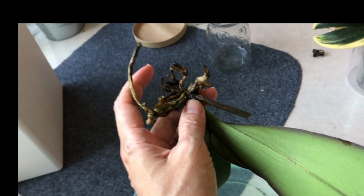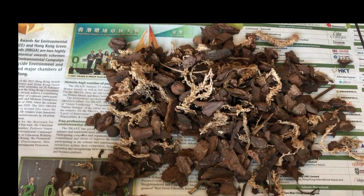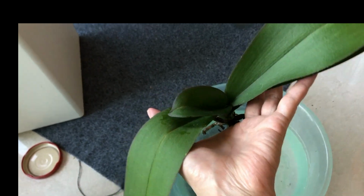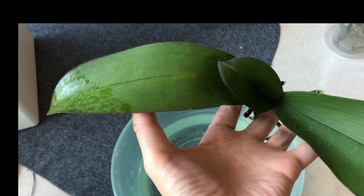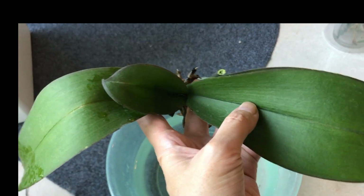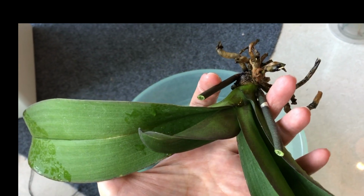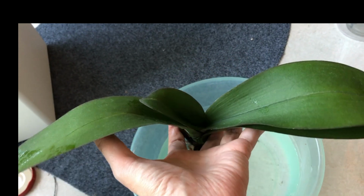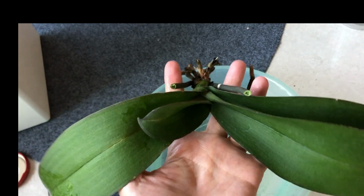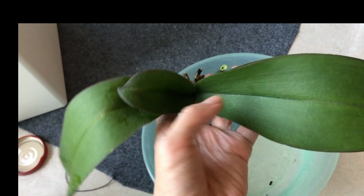So I repotted it in what I thought was a pretty decent orchid mix. It carried on, but then it started taking a turn for the worse. Its leaves started getting floppy, like this leaf is quite floppy. Then I was thinking, oh, am I not watering it enough? So I completely submerged the pot in water and left it there for a day and then let it dry out. But the leaf still stayed floppy,